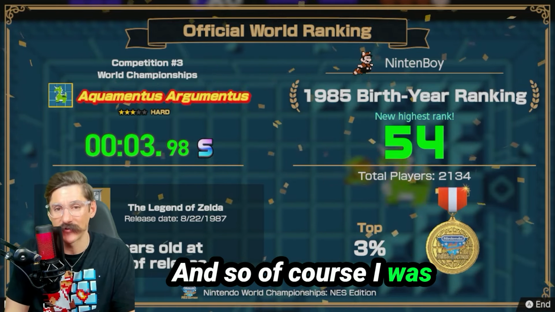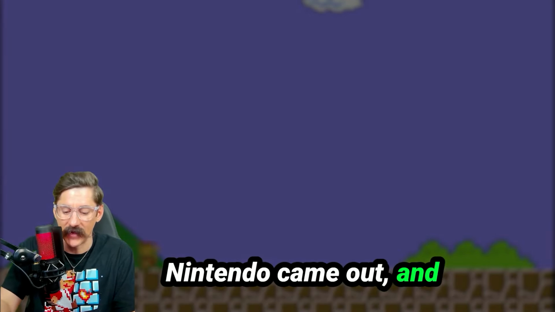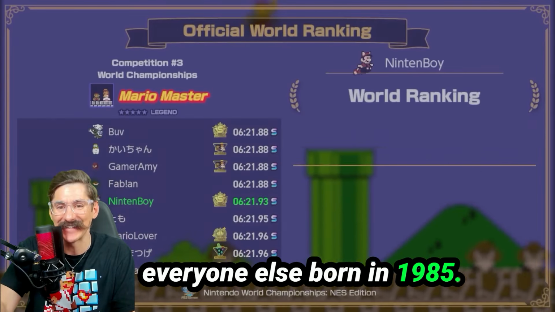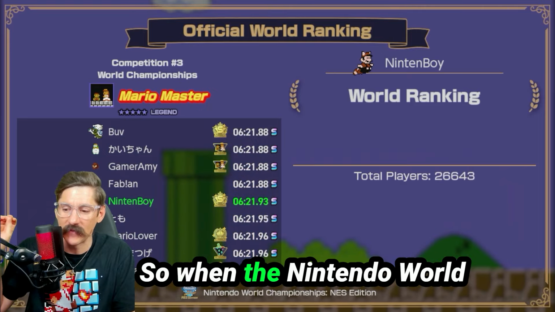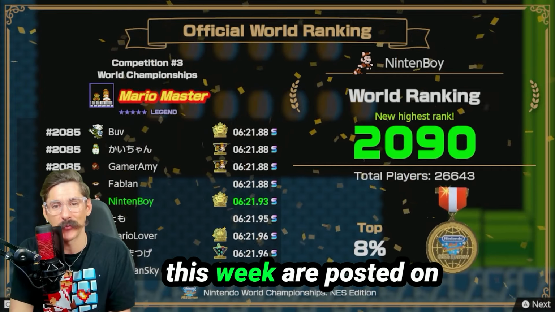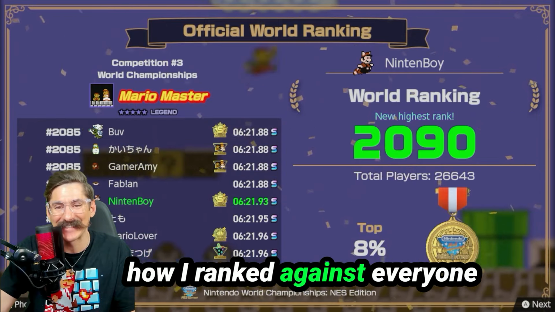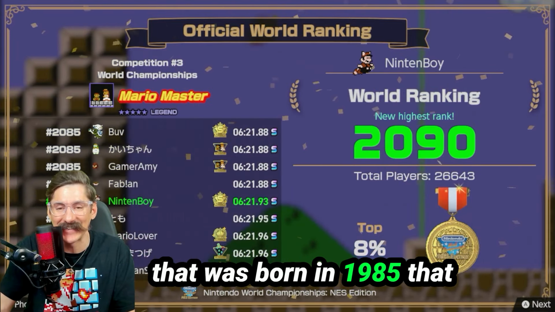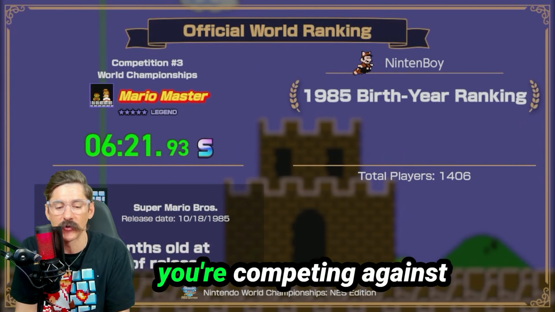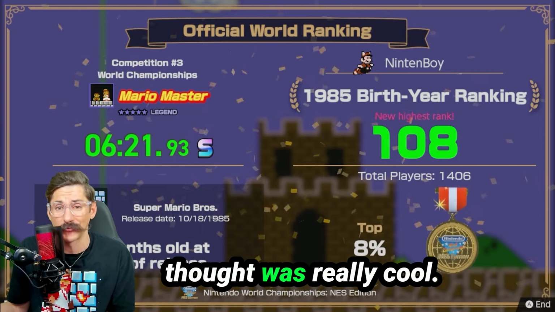And so, of course, I was born in 1985, the year Nintendo came out, and I am competing against everyone else born in 1985. So when the Nintendo World Championship results for this week are posted on Monday, it's going to show how I ranked against everyone that was born in 1985 that competed in that tournament. So it's essentially like you're competing against everyone who's the same age as you, which I thought was really cool